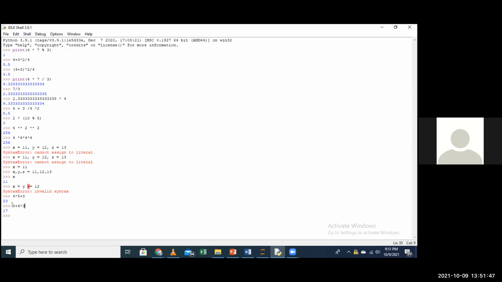You see, the computer already understands the concept of the order of precedence, that multiplication should always be computed before addition. And even more than multiplication, brackets have higher precedence, in that a bracket has to be computed before multiplication. Let's incorporate brackets here and see which one comes first.